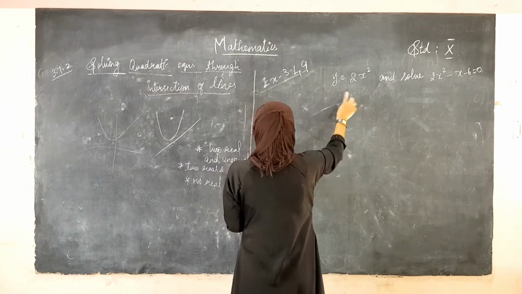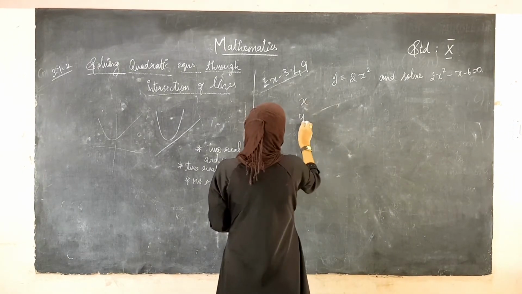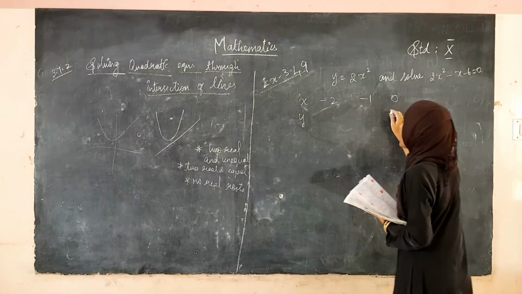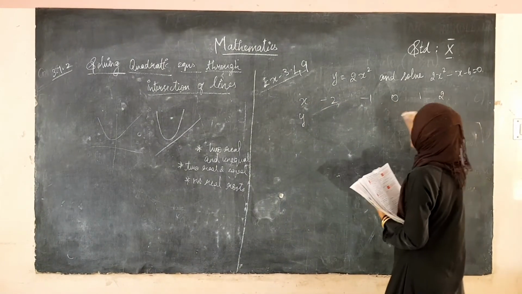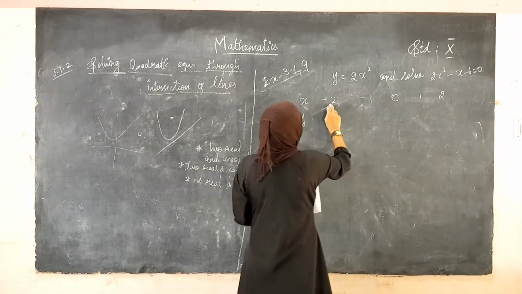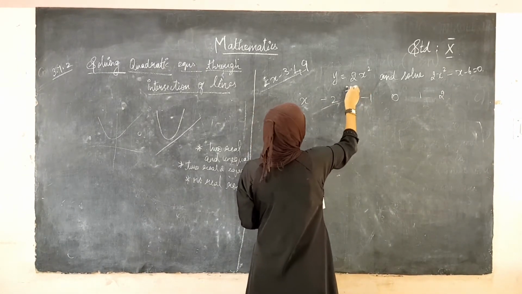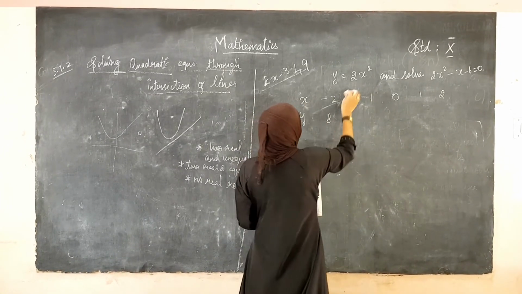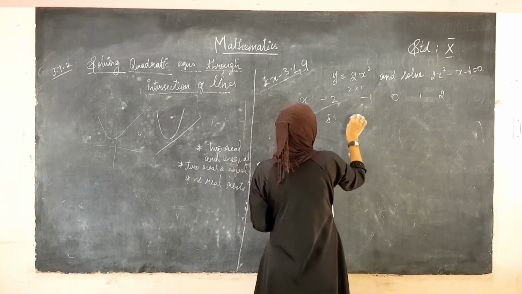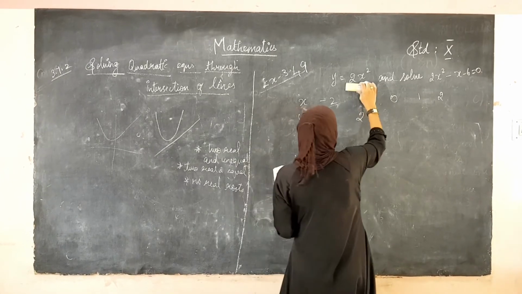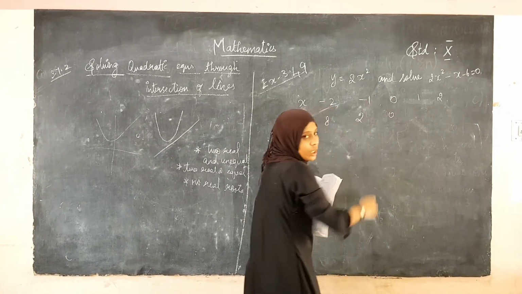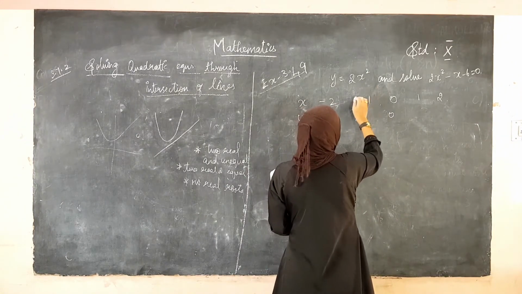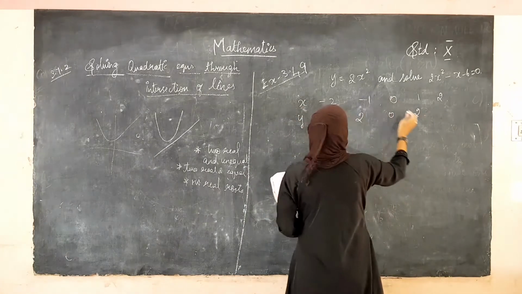They have given y is equal to 2x square. We are taking the values of x from minus 2 to 2. What will be the answer of y? For minus 2, 2 into minus 2 the whole square is 4, 4 into 2 is 8. And again for minus 1, 2 into minus 1 square is 1, which is 2. And for 0, it becomes 2 into 0 square, which is 0. And again for 1, 2 into 1 square is 2. For 2, 2 into 4 is 8.